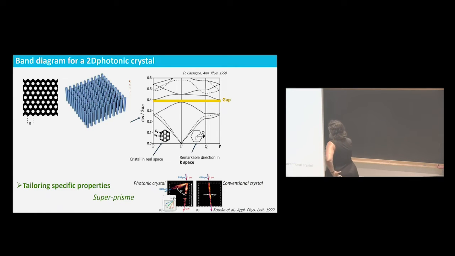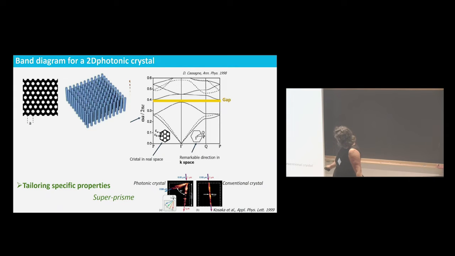And you see that for many wavelengths, for example, this wavelength, you can find several values of Q, which permit the propagation in your system. Of course, you can see that for this gap, whatever wavelength you choose inside the gap, you have no K representation. So the light cannot propagate at this wavelength inside the photonic crystal. And you have reflection. I will come back to this after this.